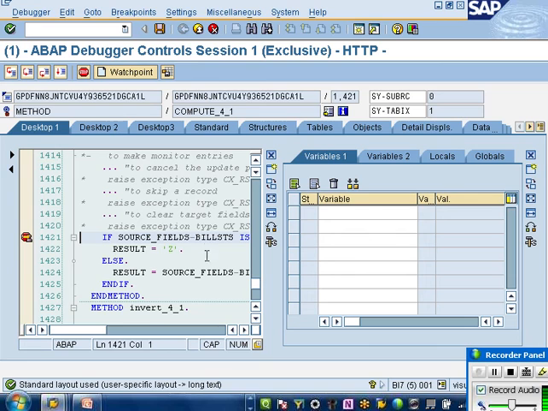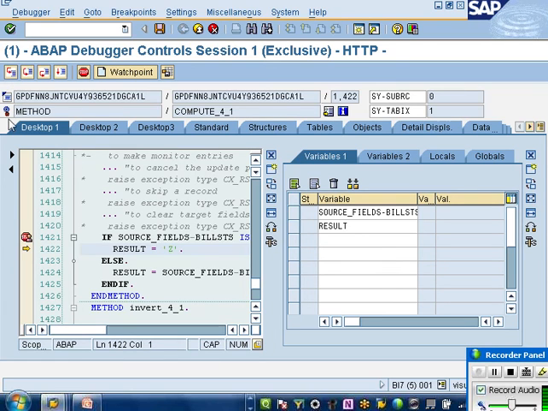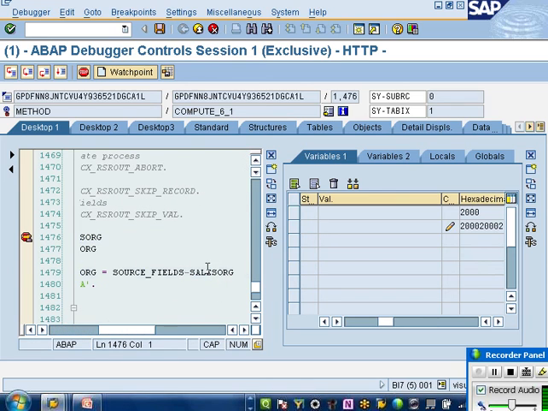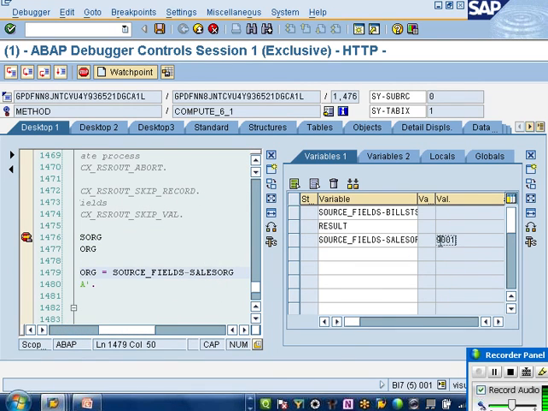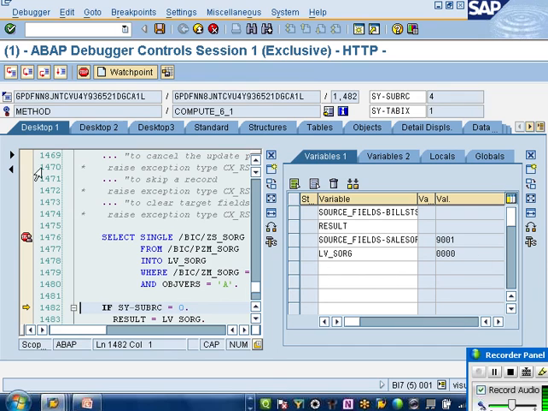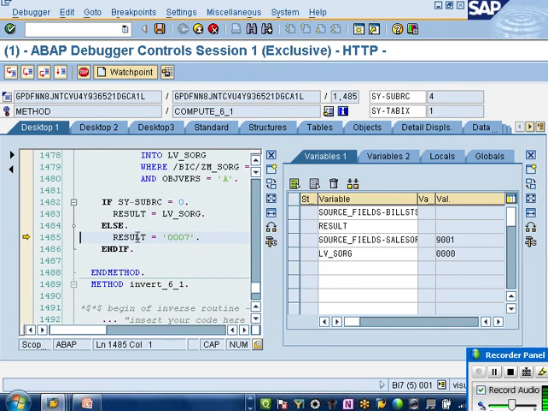And I can test it here. So for the first record, the billing status is blank, so you input the result as what? Z. F5, F5. Now the result gets set to Z. F5 will stop at the next breakpoint. Now here check what my source sales document is. 9001. So when it does the lookup, let's see what value it gets in the selected value. There is nothing. When the value doesn't get picked up, then the result will be what? 000. Or you can go to the classic debugger and debug there.